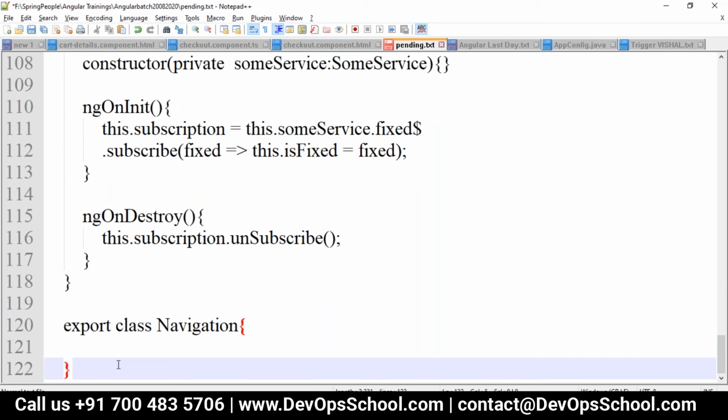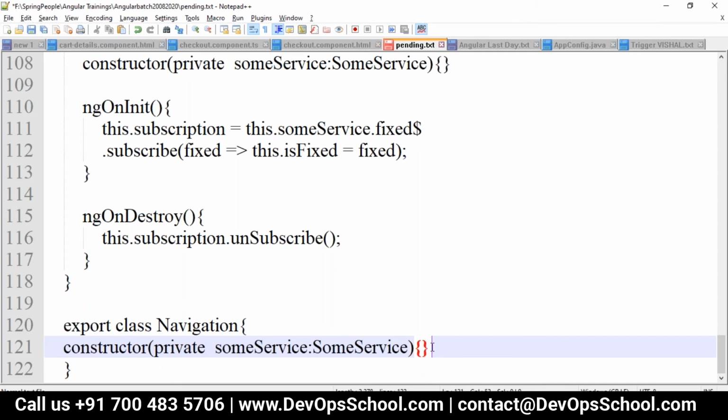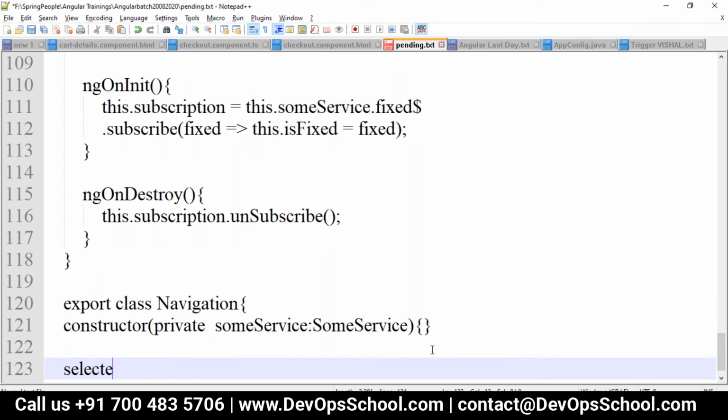Wherever you are accessing it, you have to inject that service here. So let me just take the constructor, and we inject whatever service we want here, then the selected nav item.